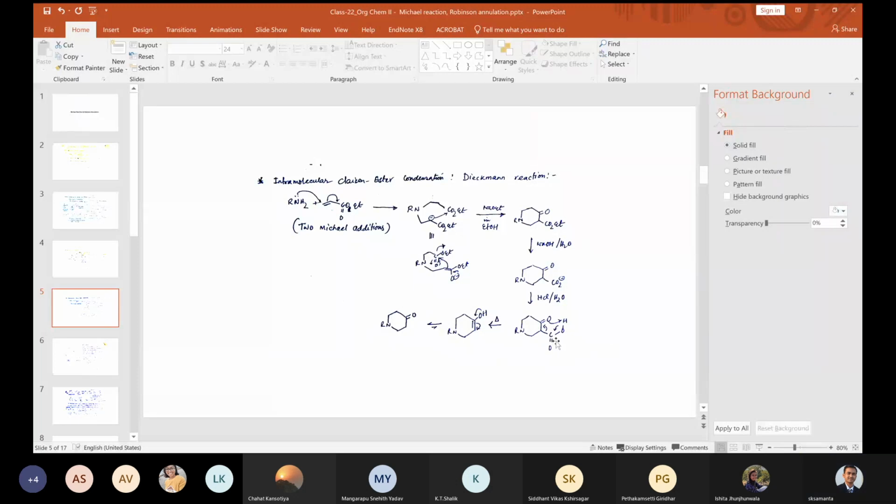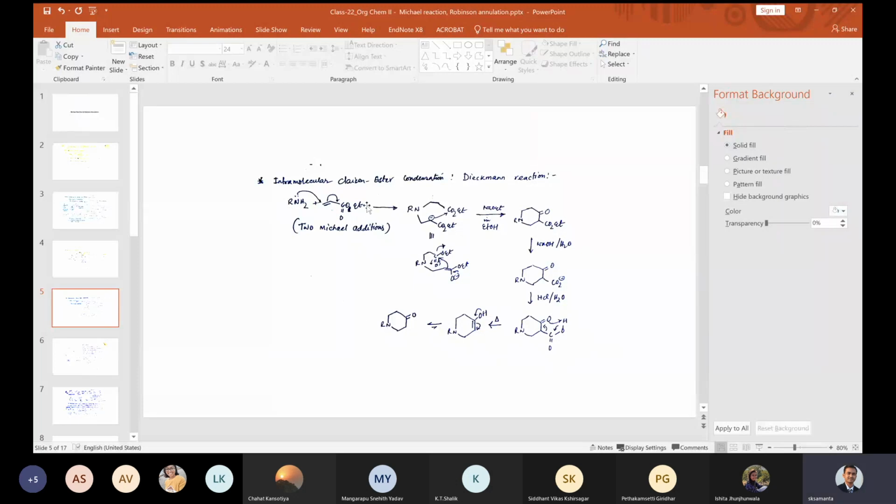via a 6-membered transition state. So this lone pair will pick up this hydrogen, this bond will break, this bond will break. So CO2 will leave, and it will form an OH. This will now do the keto-enol tautomerism, so that you get this ketone. This is a nice example. Many times it comes in exams.